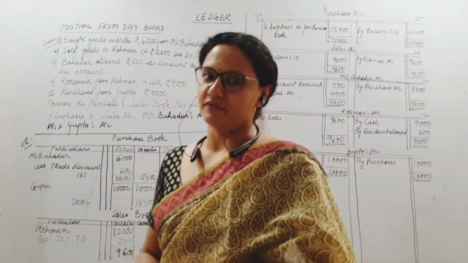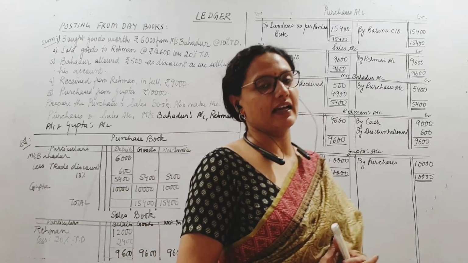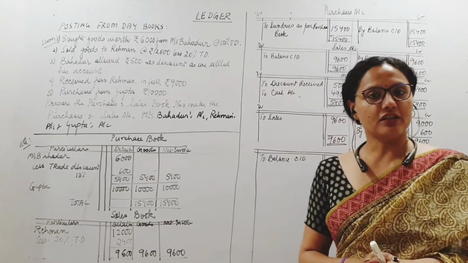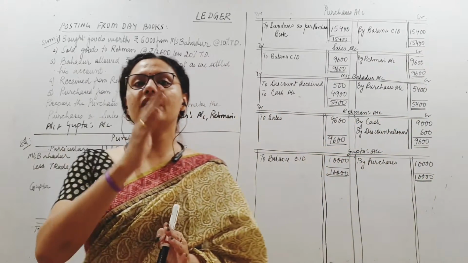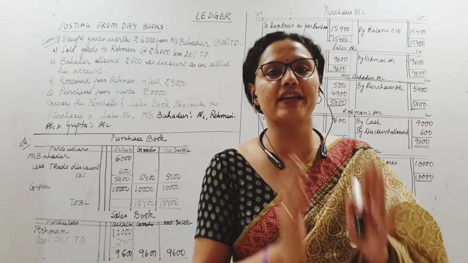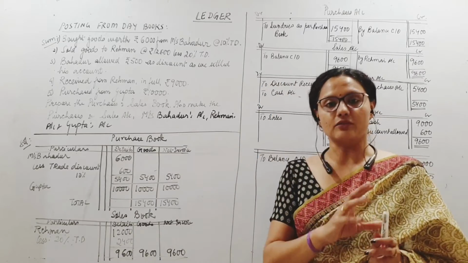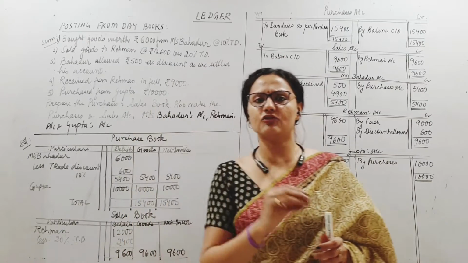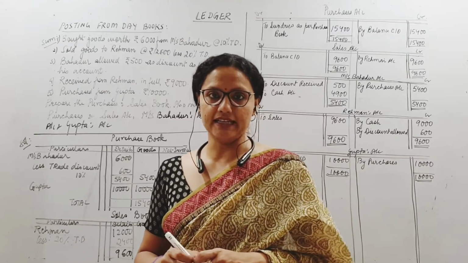One more video with me, your teacher. Now, we had done one class on ledger. Ledger, which is the secondary book. Primary book was journal. And from there we are posting to the ledger, a new set of books which is specifically designed to show the account balances of all types of accounts. All accounts that have been opened in the journal will find a place in the ledger also, right?